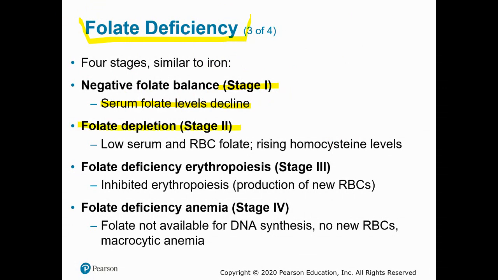By stage 2, you're going to see low serum folate and also low red blood cell folate. Remember, homocysteine also is this component found in the blood that can contribute to cardiovascular disease, but can also be metabolized by B6 and B12. So if you start to see elevated homocysteine levels, that can be an indicator of stage 2 folate deficiency. And then the next stage would be stage 3, which is where we would see